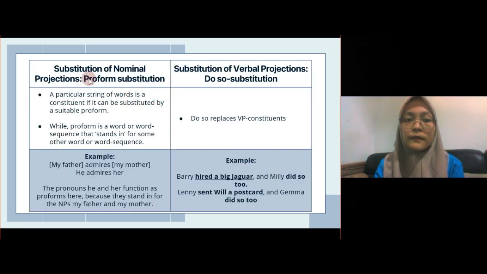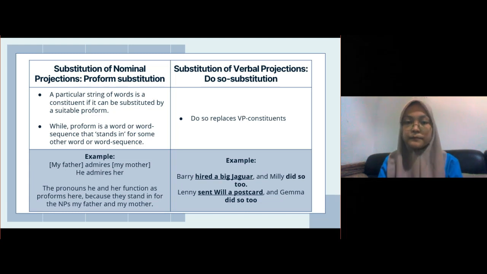So the first one is substitution of nominal projection, pro-form substitution. A particular string of words is a constituent if it can be substituted by a suitable pro-form, while pro-form is a word or word sequence that stands in for some other word or word sequence. For example, the sentence "My father admires my mother" became "He admires her." The pronouns he and her function as pro-forms here, because they stand in for the noun phrases "my father"